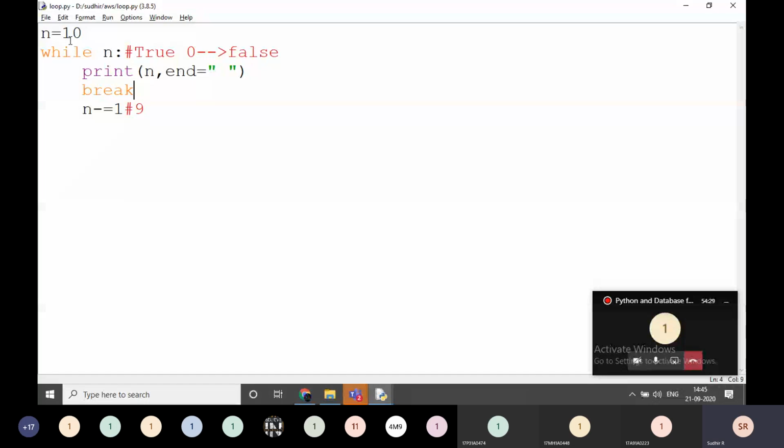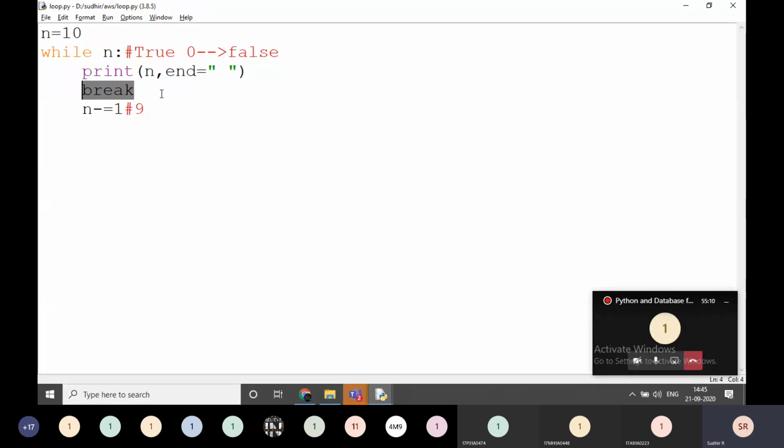In if and else, if the condition is true, some condition is going to be checked every time. But in break and continue, it is not checking any condition. If break is raised, the control reaches the break, then what happens next? The loop is automatically terminated and the control comes outside the loop. Immediately, if the break is raised, the control moves out of the loop.